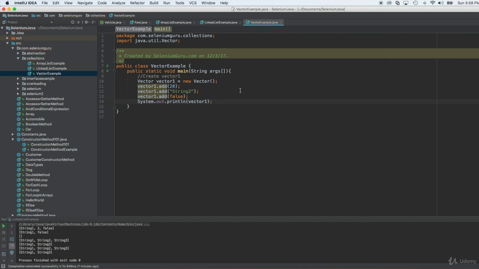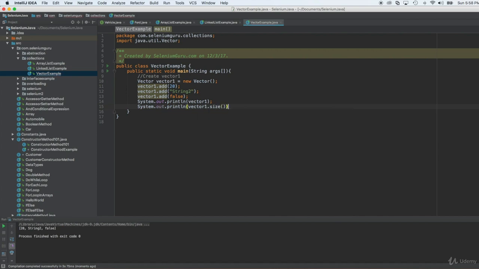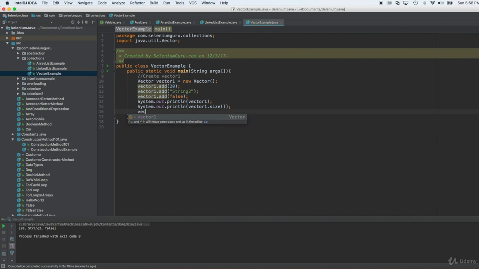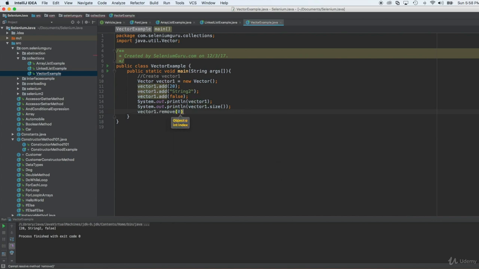Alright, so if I do this, I should be getting 20, string 2, and false, which I did there. And I can also print out the length. Alright, so with that, and also let's remove the item 0 and do this,